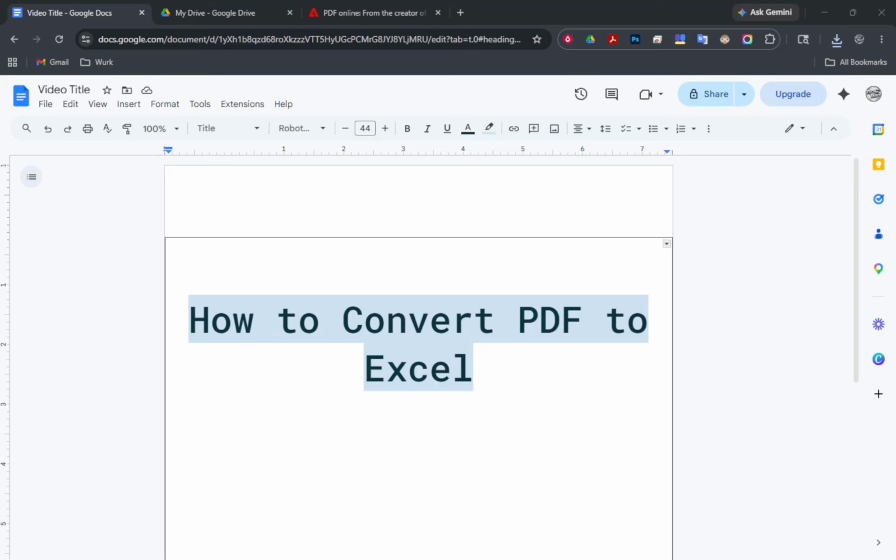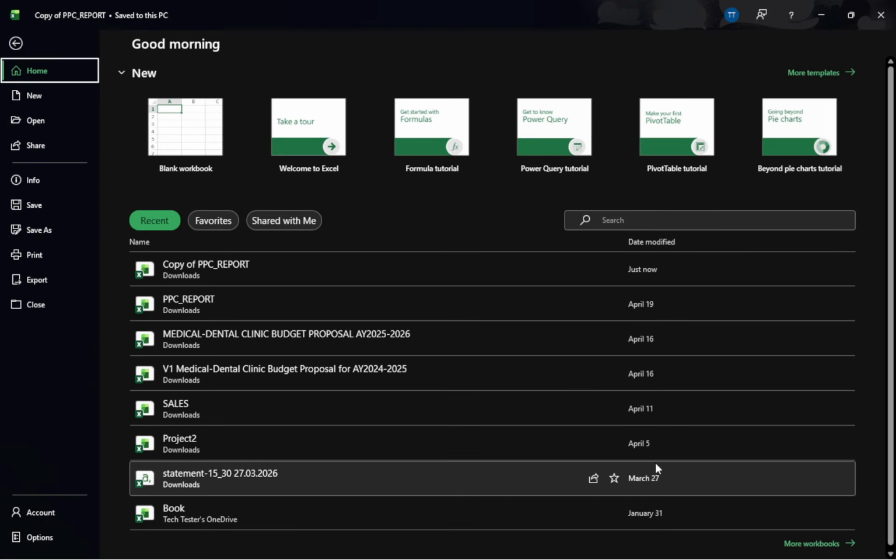In today's video, I'm going to teach you how to convert PDF to Excel. If you've ever received a PDF with a table you need to sort, filter, or calculate, turning it into an editable Excel file can save tons of time. I'll walk you through 3 reliable approaches, explain when to use each, and share a few pointers to keep your data clean. First up, Microsoft Excel.